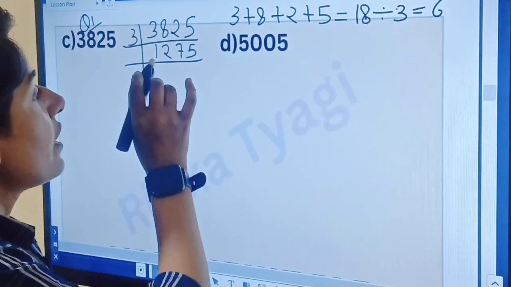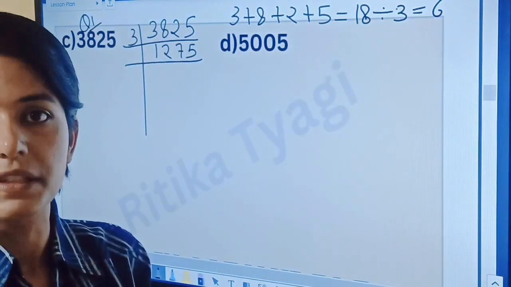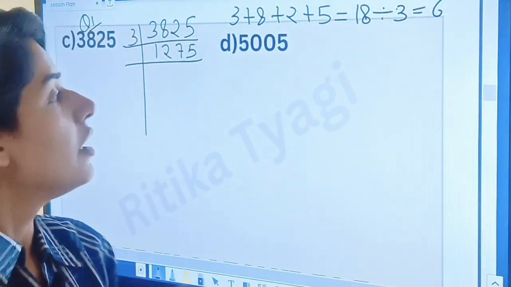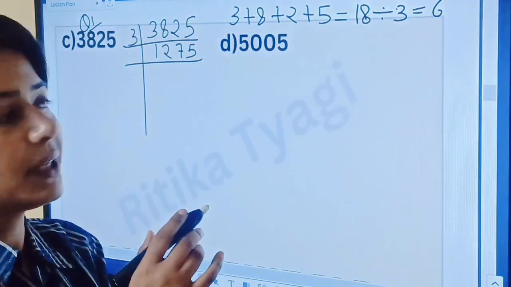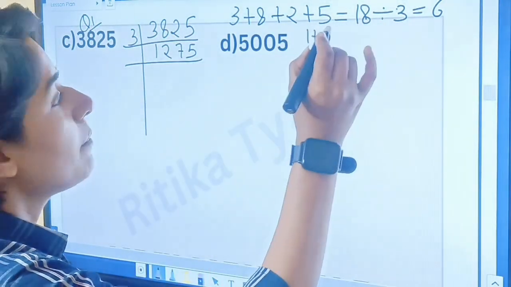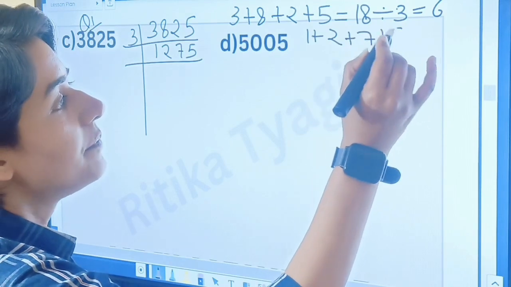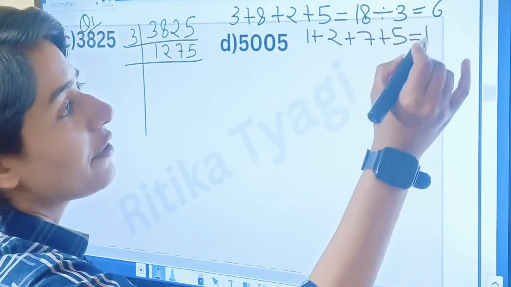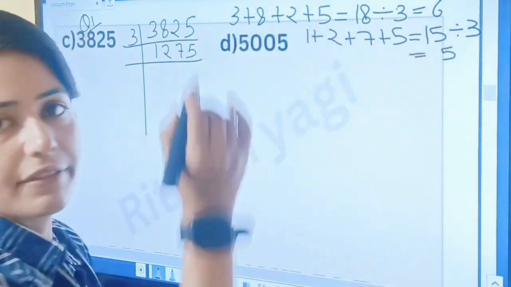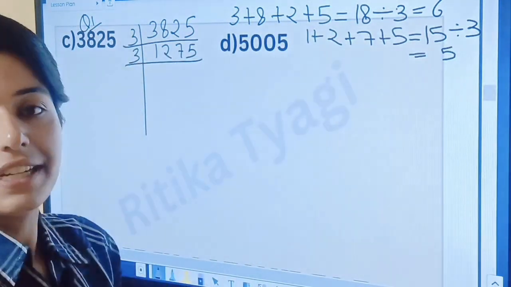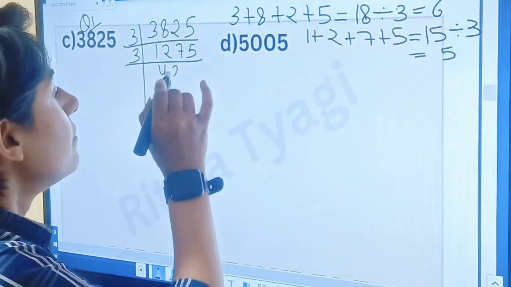3. Now we get 1275. It is also an odd number because it ends with the number 5, which is an odd number. Check the divisibility by 3, that is 1 plus 2 plus 7 plus 5. Here we get 15. As we know, 15 is easily divisible by 3. We get 5. So we divide it by 3 and we get